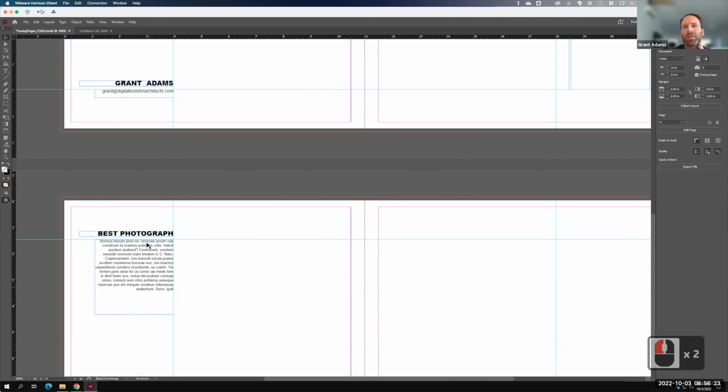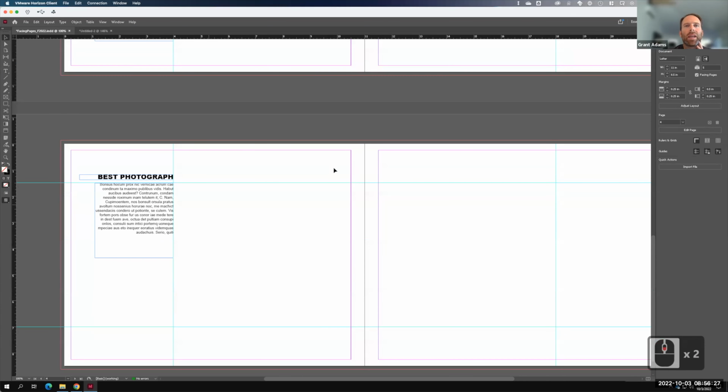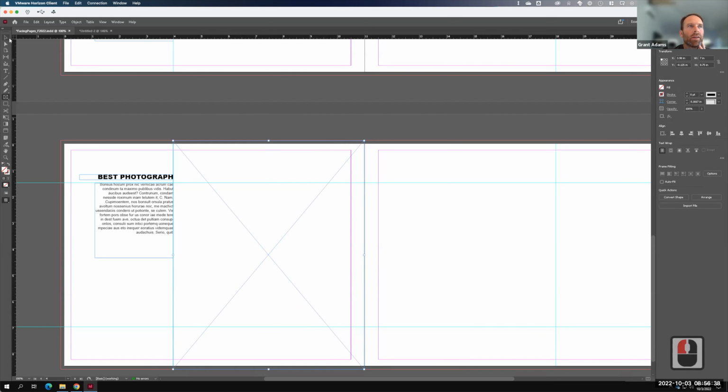And so that just is giving us a little example, a little taste of what this would look like. I've laid it out. Now it's time to insert my best photograph. So it's time to create a frame. So I'd start with creating a frame. Remember, I want the frame to go all the way to the bleed lines. I want to give myself a little bit of a gap here. So I could use my